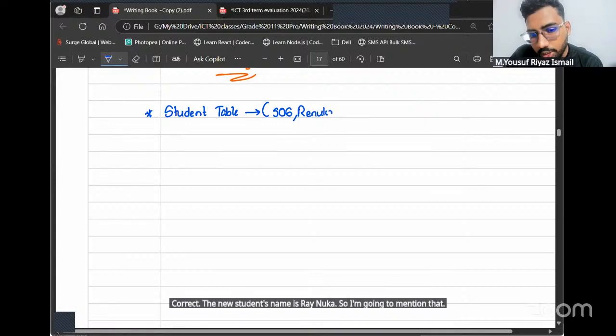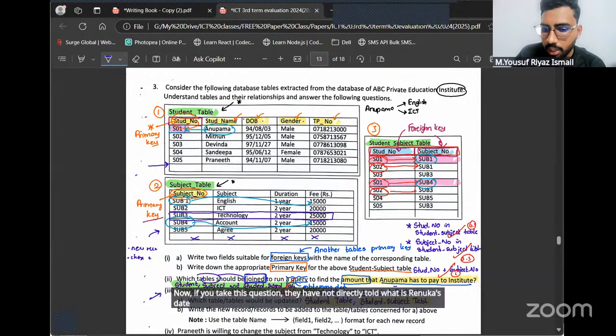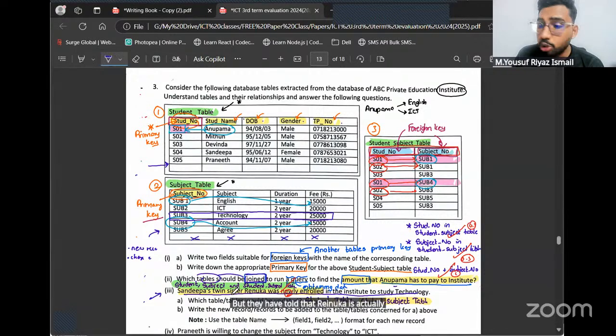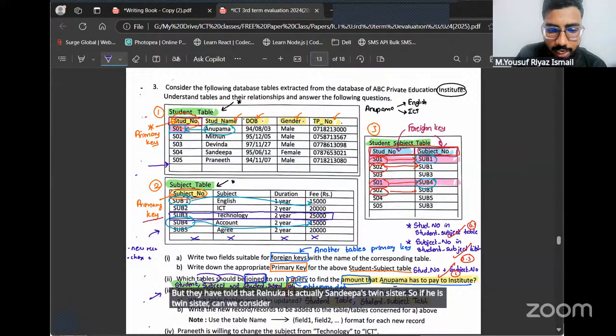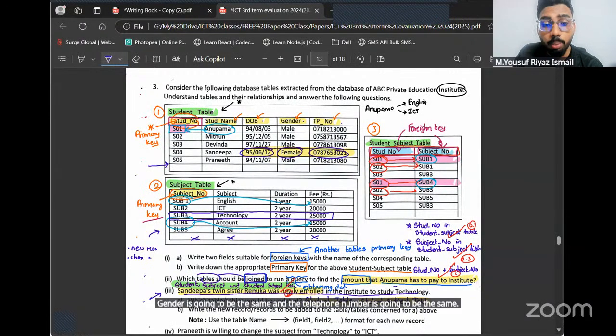Now, if you take this question, they have not directly told what Renuka's date of birth, gender, and telephone number are. But they have told that Renuka is actually Sandeepa's twin sister. So if it's a twin sister, can we consider the date of birth, gender, and telephone number? Yes. Because it's a twin sister, obviously the date of birth is going to be the same, gender is going to be the same, and the telephone number is going to be the same. Because of that, I'm going to mention those three data like